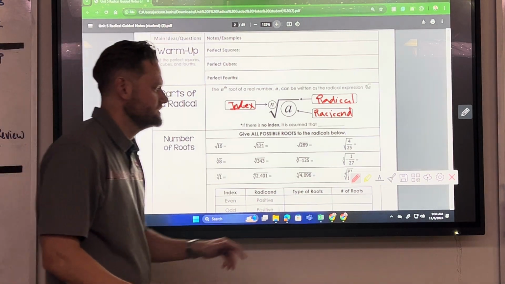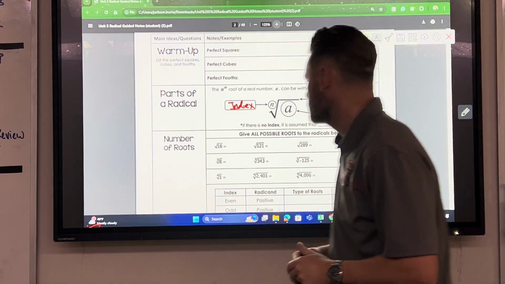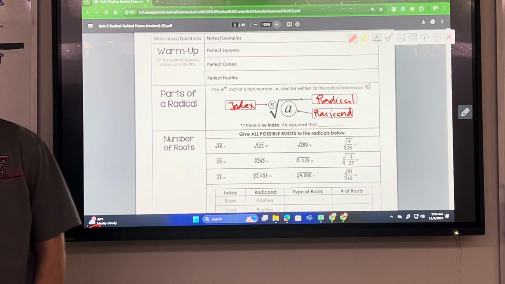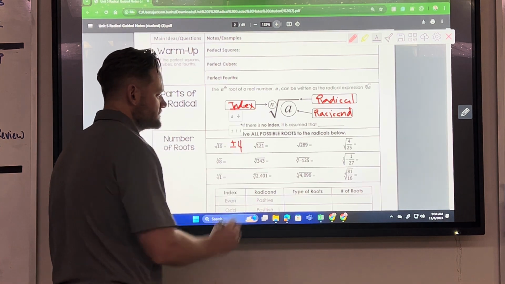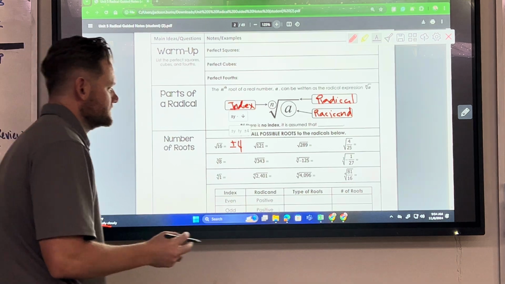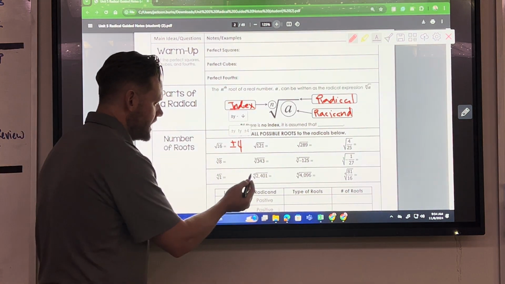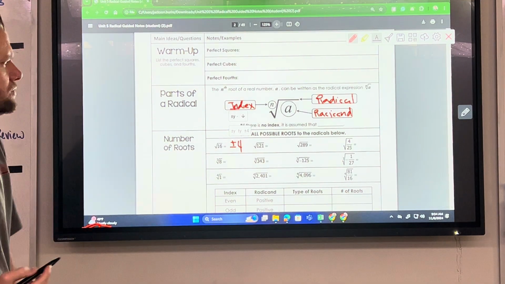We want to simplify these radicals just like we would anything else. If it's even, of course we have a plus or minus. Now, if it's odd, over here at the cubed root,